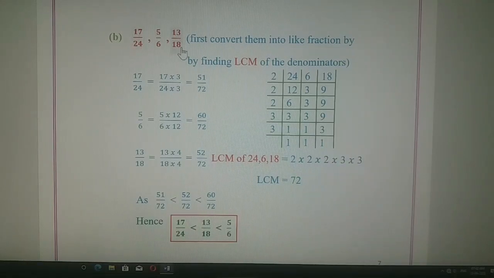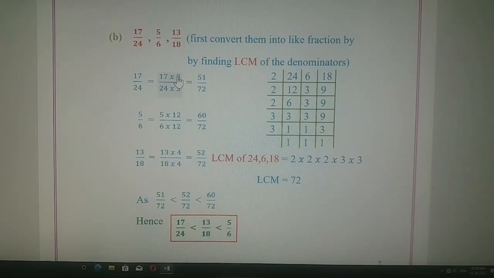So these three fractions have to be converted and their equivalent fraction has to be found out such that the equivalent fraction should have denominator 72. The denominator should be the LCM integer when we convert the given fraction into its equivalent fraction. 17 upon 24 can be multiplied with 3 because 24 3s are 72. So 24 multiplied by 3 is 72. So here in the denominator we get the LCM integer.